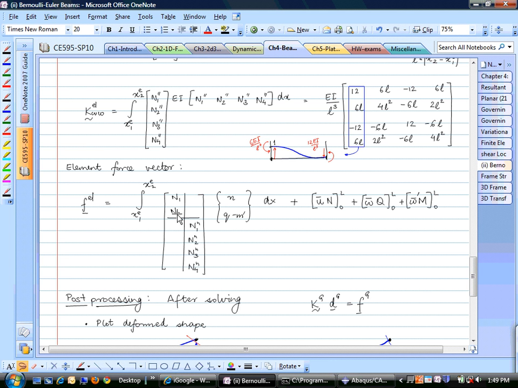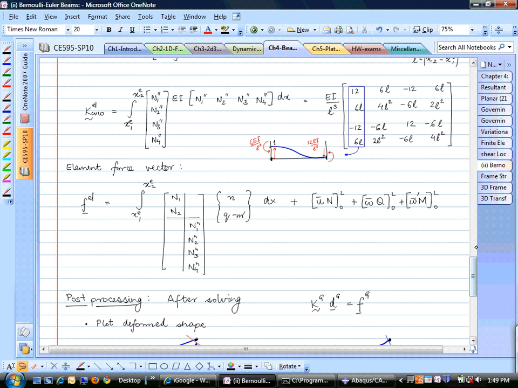Element force vector is also similar, but this is a little bit different than the Timoshenko beam. In the Timoshenko beam, we were treating N, Q, and M separately. So we had a 3-column vector. If you turn back the pages, you can maybe take a look. There were 3 applied forces in the Timoshenko beam. In this case, since transverse and bending is coupled, the element force vector is calculated like this, and these are the transverse bending contribution. These are the axial contribution. So this vector turns out to be 6 cross 1, just like it should be, because there are 3 degrees